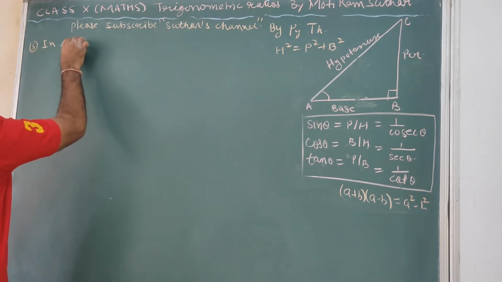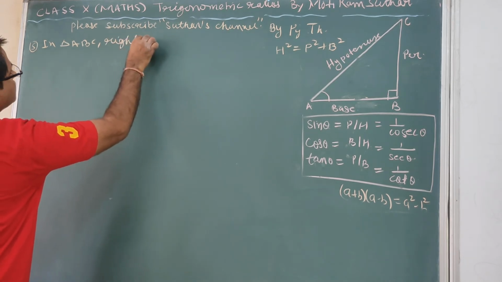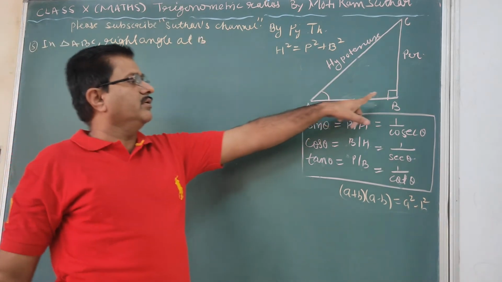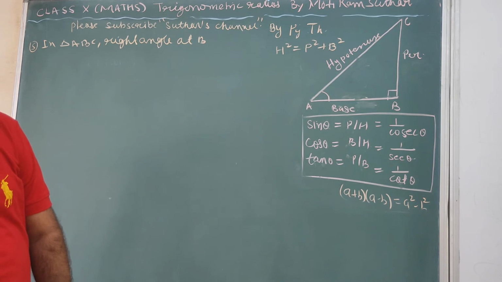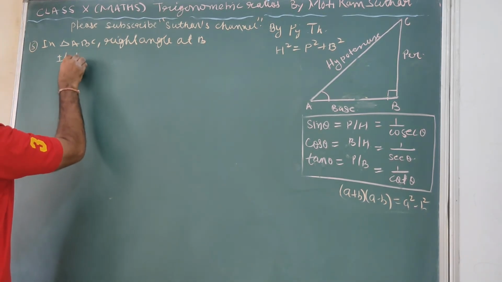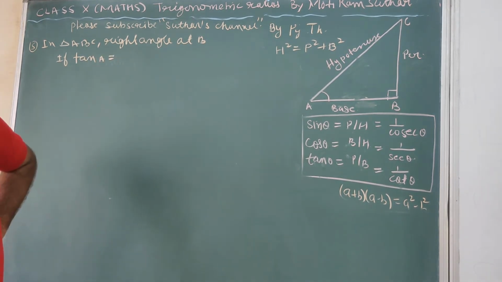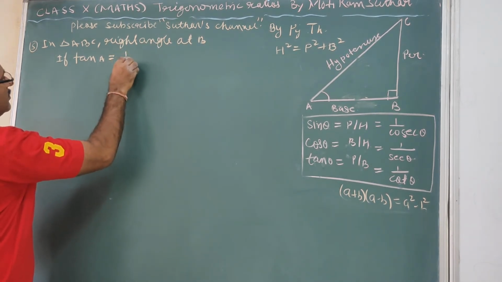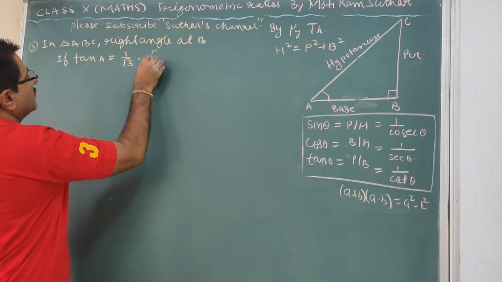In triangle ABC, right angle at B. Here we are given the right angle at B. If tan A equals 1 upon root 3, find the value of,